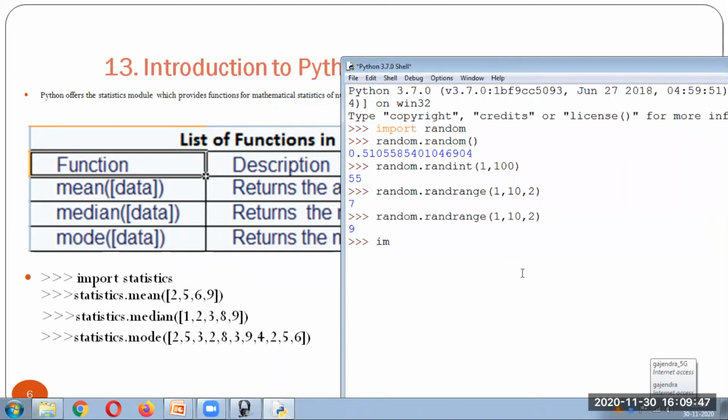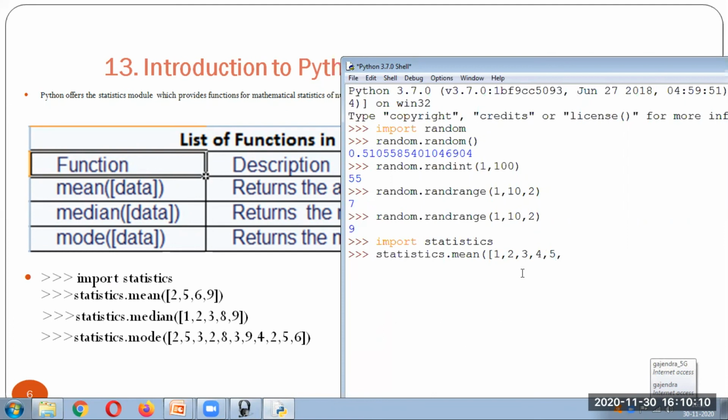Before we start, we have to always import this package so that we can use it. We can give any value. Just put a bracket, and in square brackets we need to mention the values.